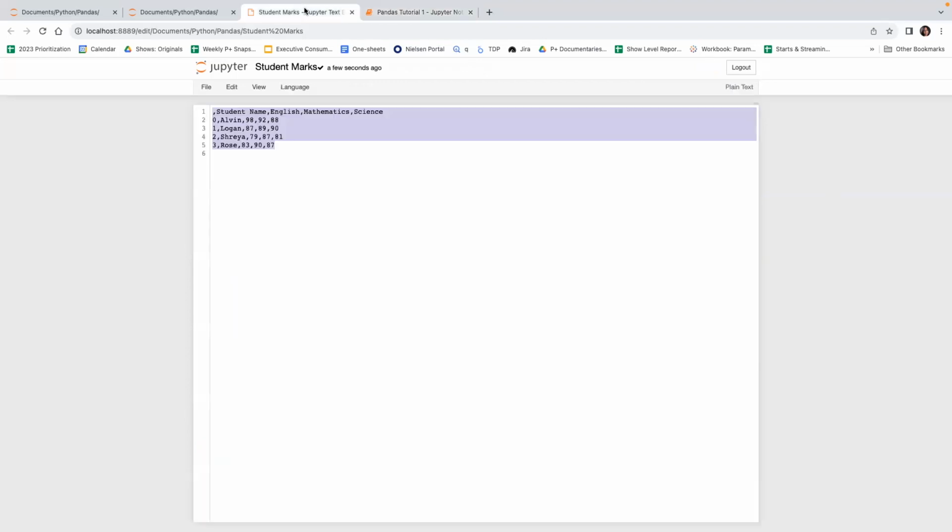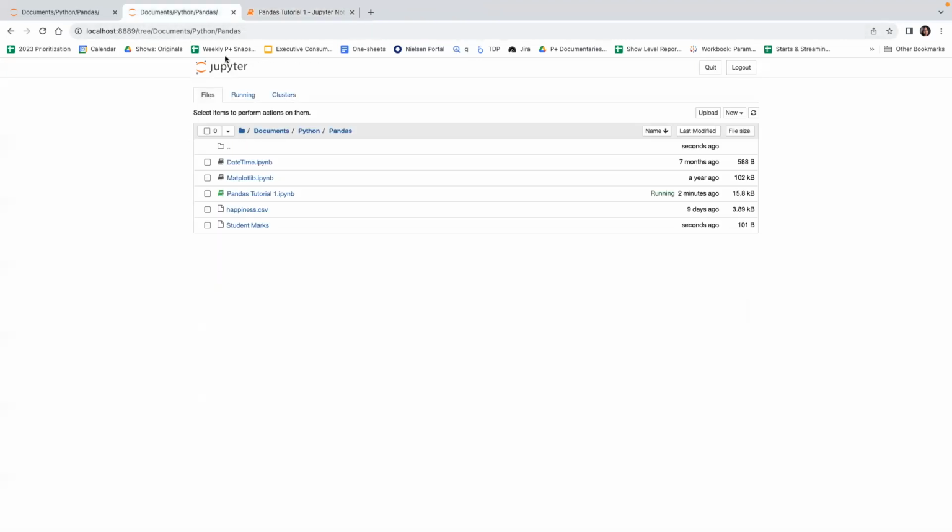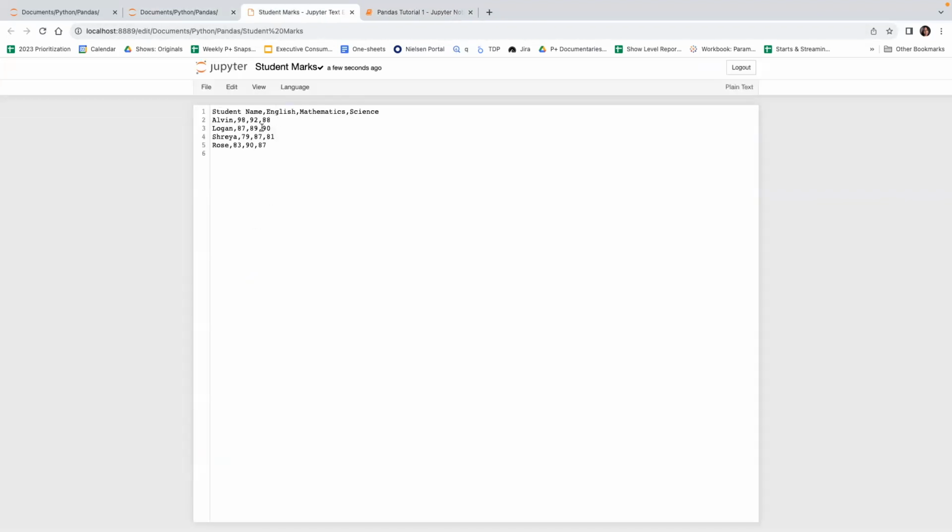Now, if you go and check the data, yeah, it has saved without index. Similarly, if I want to save my data frame to Excel,